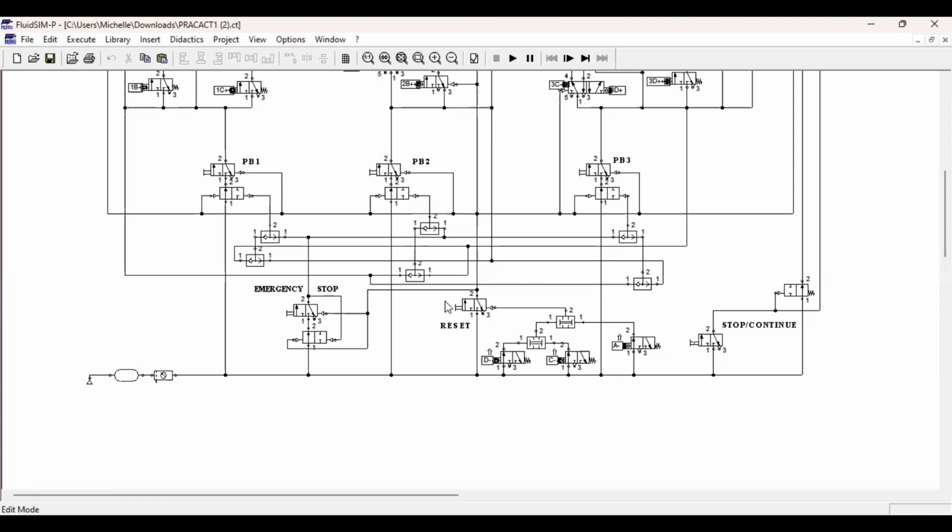Para once na pinindot natin si reset button is magkakaroon siya dito ng hangin na dadaloy patungo dito and ipupush niya pabalik or ito-turn off niya ang emergency stop. Kaya naman magkakaroon na ulit ng hangin sa mga push button and sa mga actuators and it is automatically reset